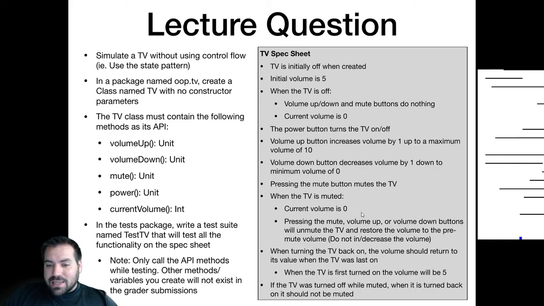Press the mute button, it mutes the TV. When the TV is in the mute state, the current volume is always 0. But as soon as you hit one of the mute, volume up, or volume down buttons, any of these three buttons, the TV will unmute itself, return to the volume that it was at prior to being muted, but it won't increase or decrease the volume. So if I push volume up while the TV's muted, it will unmute but not increment the volume up,